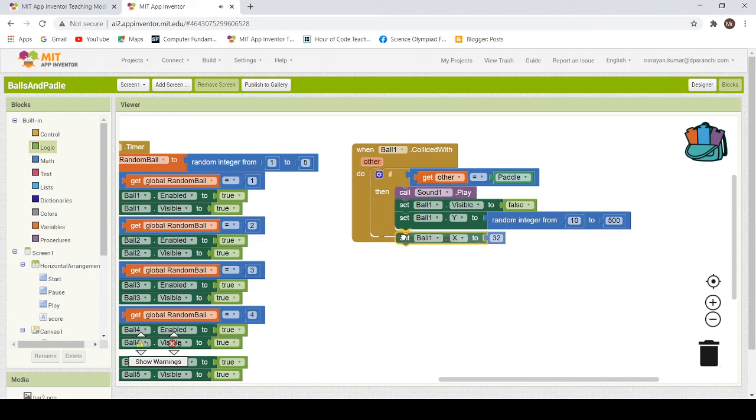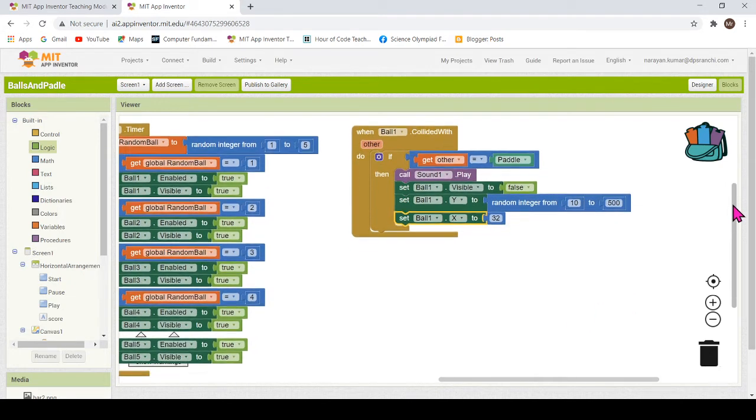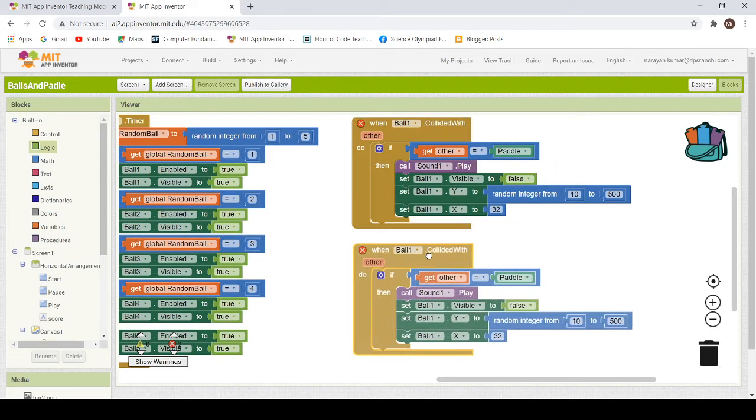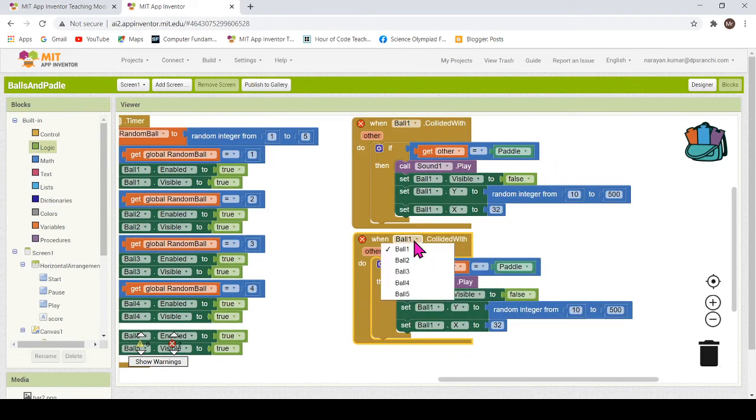So the x-axis will be fixed at 32 pixels, but the y-axis the computer will select randomly. This is done. So this is what we have done for ball one, that when ball one collides with a paddle, this is what happens. Likewise, we just copy it and make a duplicate, and this time you add it for ball 2.